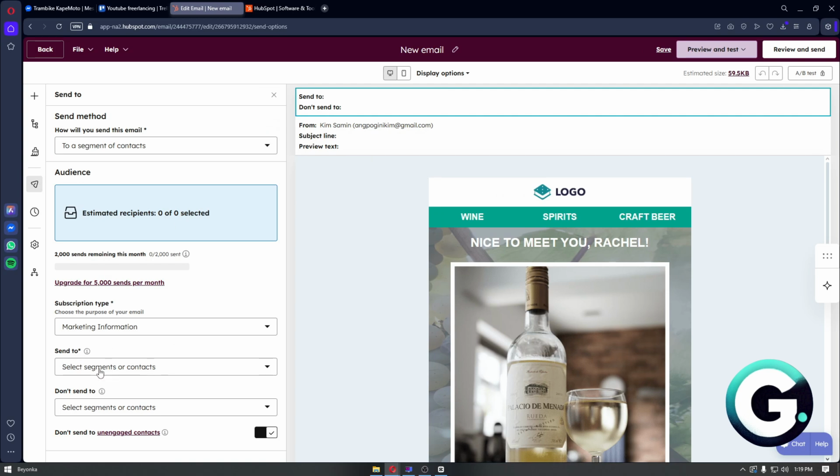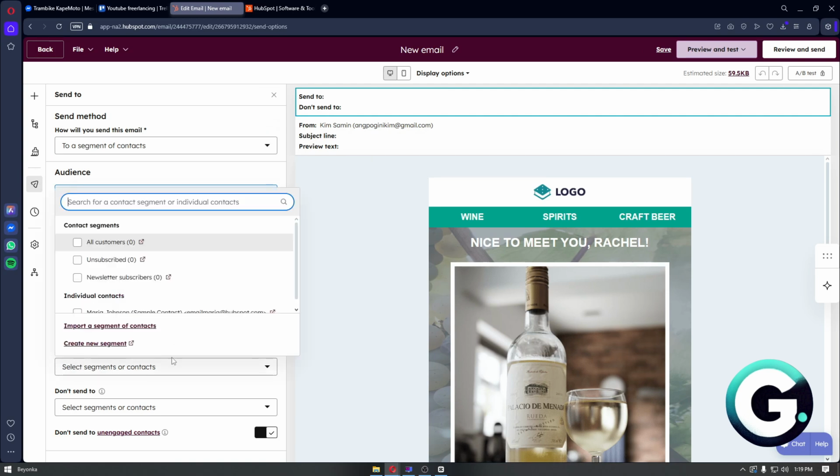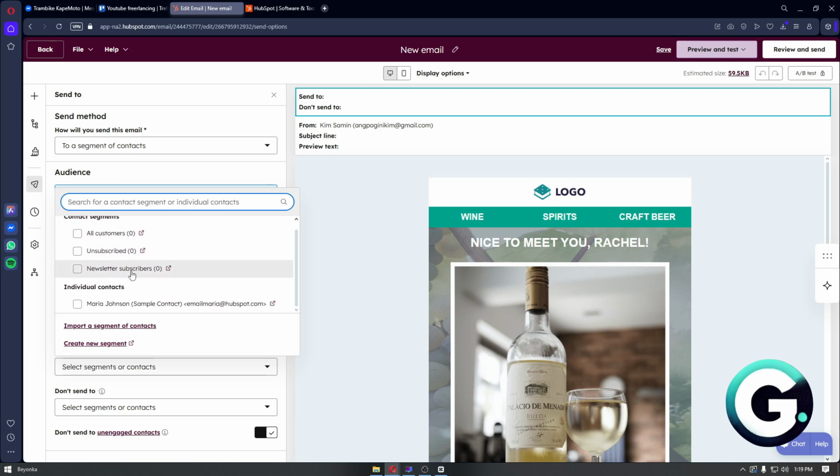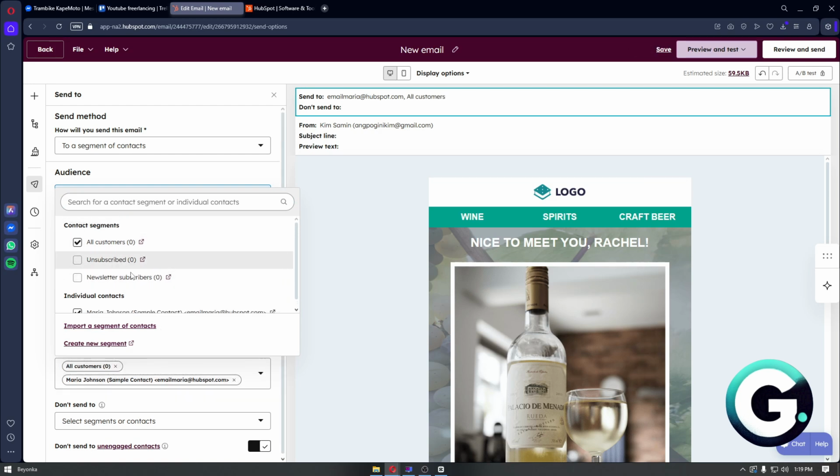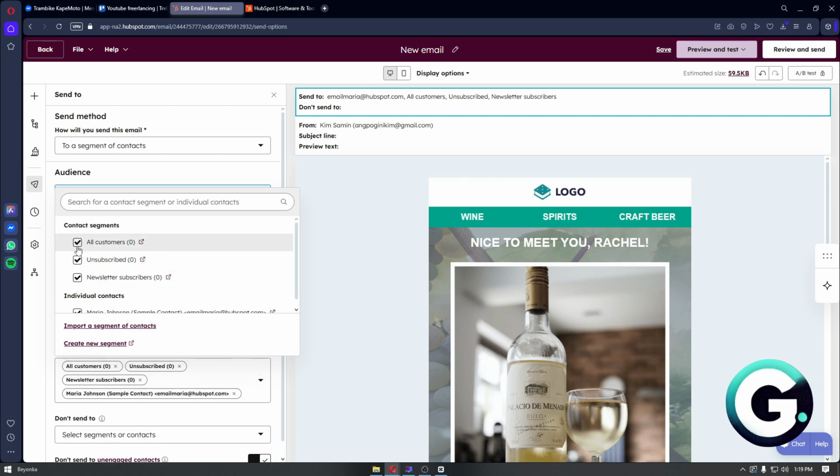In here, you have the ability to click on the send to button, and then we have to select our contacts for sending. So if you want to send it to individual contacts, you can just do so. You want to select multiple individual contacts and you should be good to go. But if you want to send it to your customers, the unsubscribed customers and the newsletter subscribers, you can simply